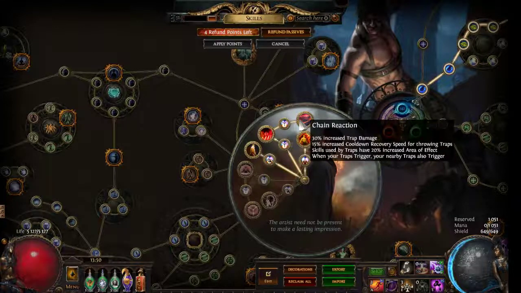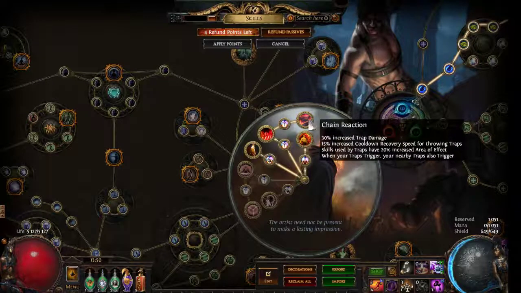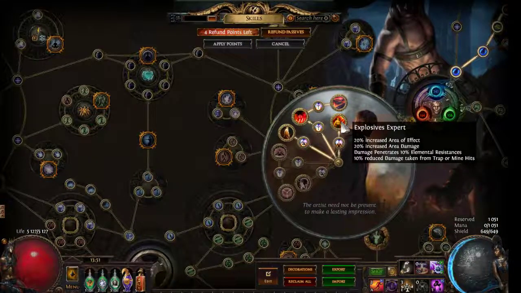Chain reaction, huge quality of life, DPS boost with increased damage, cooldown recovery skill, and also once one of your traps is triggered by an enemy, all your other traps that are nearby this trap will be triggered, so it gives you huge kill speed. I choose to go with explosive expert for some more AoE, some more damage on lightning